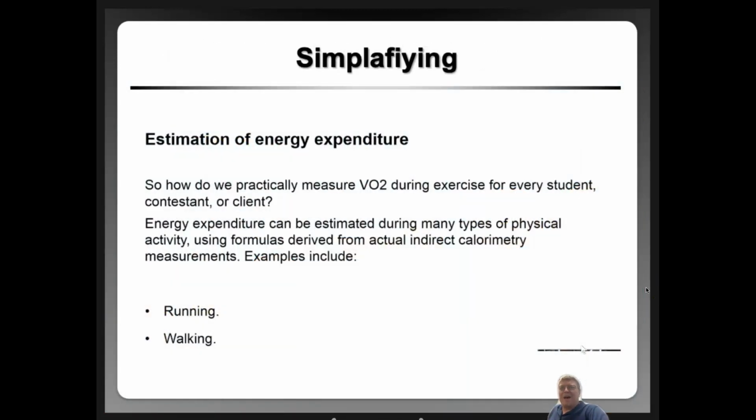All right, simplifying this a little bit here. You can estimate the energy expenditure. Generally speaking, everything has gotten simpler. You don't have to hook up every single person unless you just want individualized data. Enough people have run through that they have a pretty good idea of how much energy you're using if you're walking or running or cycling or pretty much any of those